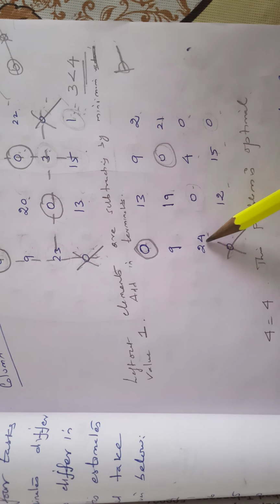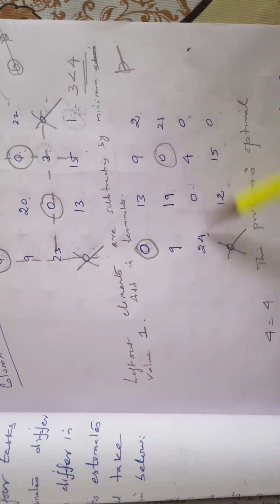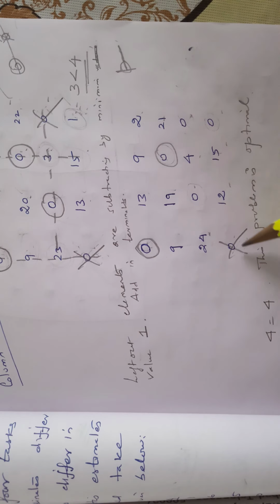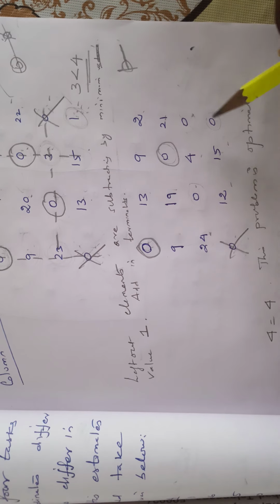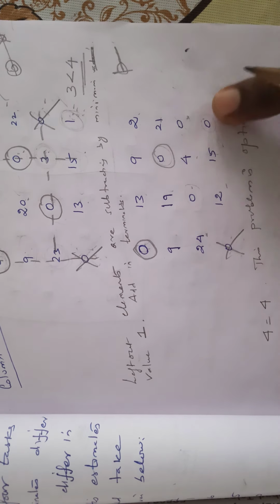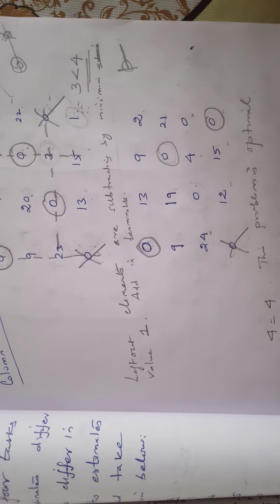Again we have to go to third row. Third row, 2 zeros, leave out this row, not to take this row, third row. Fourth row, 1 0 is already covered. So only 1 0 is there. So we have to select this. Already this 0 is covered. So only 1 0 exists. So we have to select this 0.